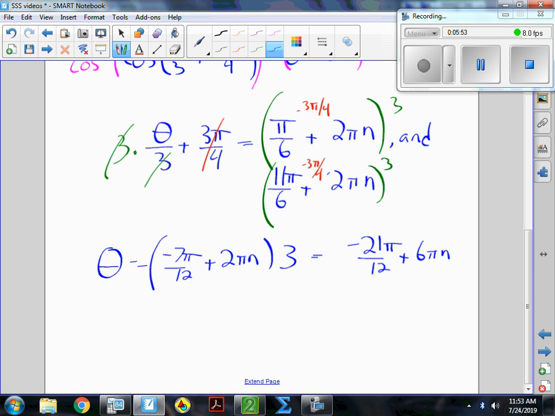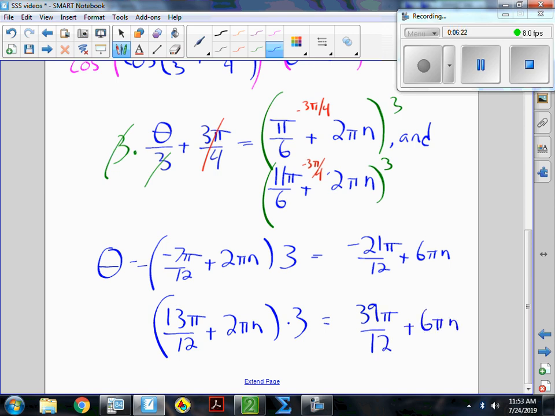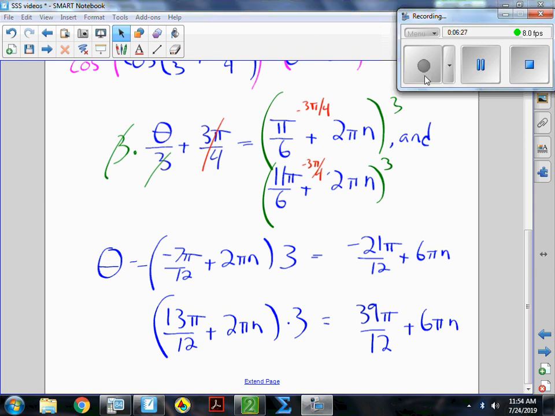The other one was 11 pi over 6 minus 3 pi over 4. So see, that'd be 22 pi over 12 minus 9 pi over 12, be 13 pi over 12 plus 2 pi n times 3. So graphically, the two solutions to this original equation are going to be at negative 21 pi over 12 and